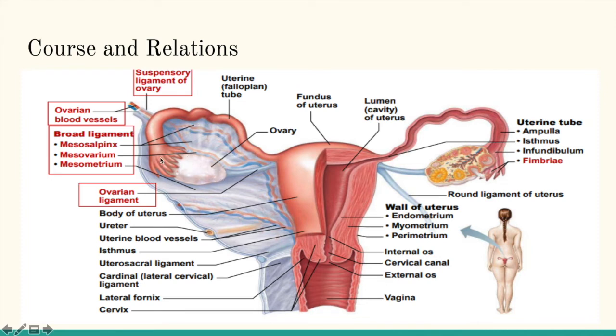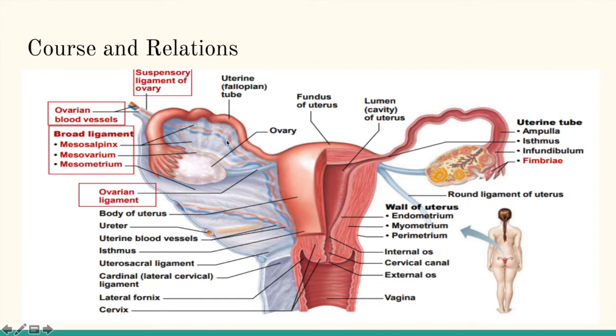And the peritoneal fold which is seen between the infundibulum and the ovary: the ovary has an upper pole here, which is enclosed by the fimbriated end. Here there will be the upper pole and this is the lower pole. The peritoneal fold which extends from the upper pole to the infundibulum is known as the suspensory ligament of the ovary or infundibulopelvic ligament, and the lower pole of the ovary is attached to the ovarian ligament.